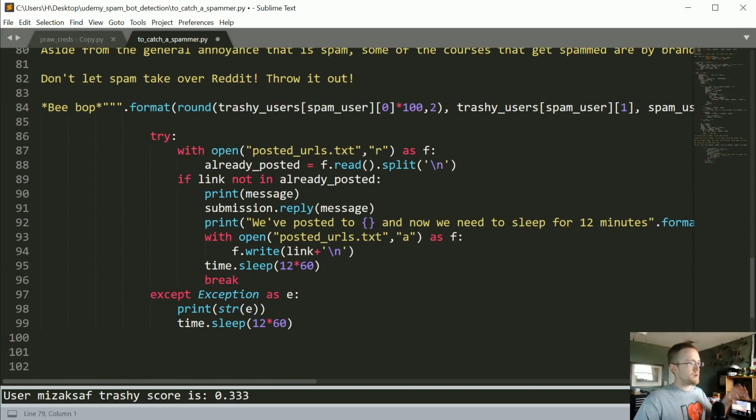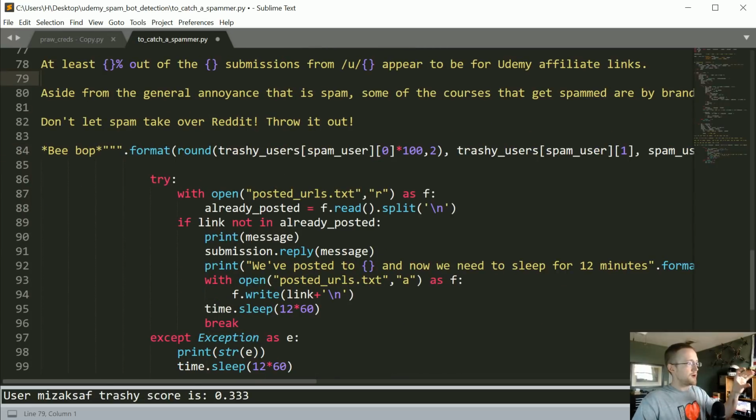So once we've got that message, first we're going to check the posted urls.txt. This is just a quick file that we check to see if we've already posted to that link. If we have, then we're going to skip it. But if that link's not already in the already posted file, what we're going to want to do is